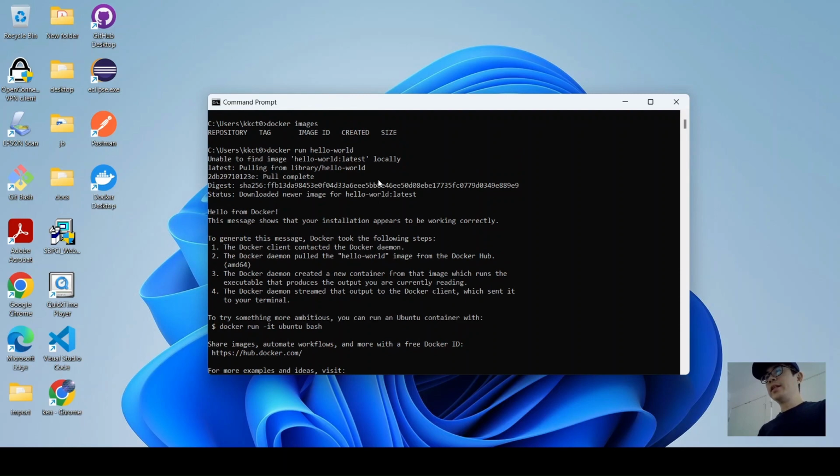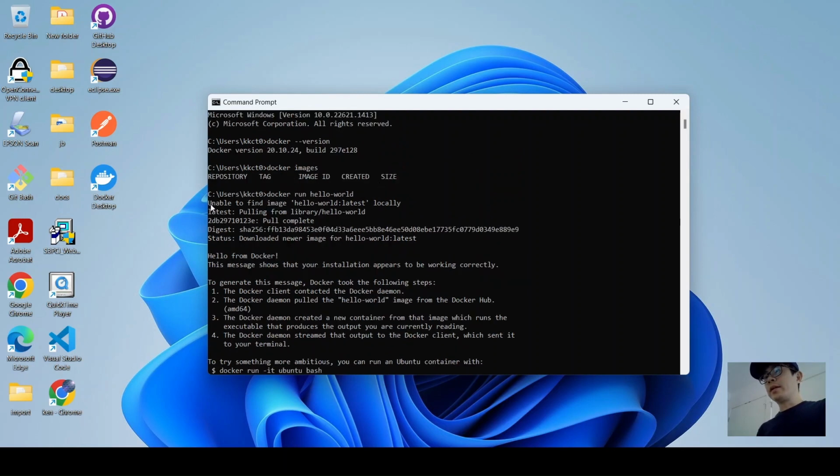Now you can see that the machine was unable to find an image called hello-world locally. That means the image was not installed on my machine. The next thing it does is pull an image from Docker Hub, library/hello-world,